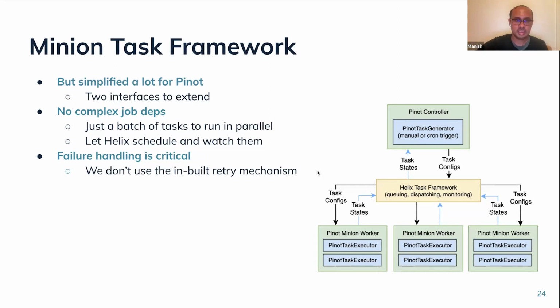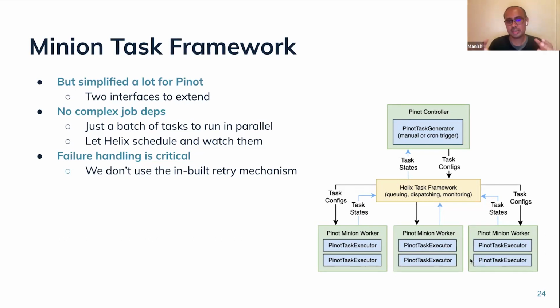The other part is the Minion worker. As you can see, in the Minion worker we have the Pinot task executor. The Minion worker, or the executor, is the one that actually does all the heavy duty work.